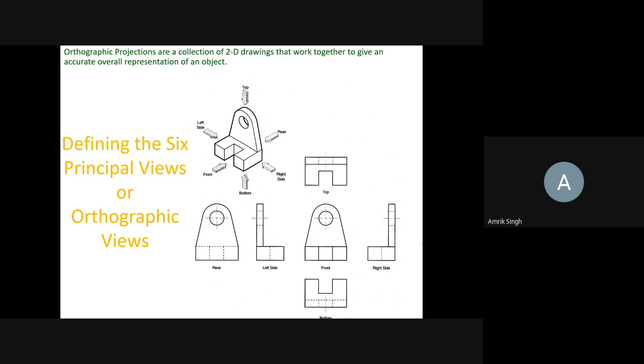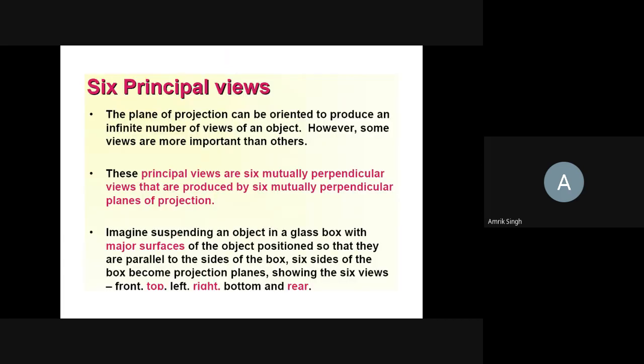It is not that we will draw the top view here or somewhere here. Exactly we have to draw because these are the orthographic drawings. So the projectors should be perpendicular to this. Okay. Then you see the bottom view is drawn in the bottom. Right hand side view is drawn on the right hand side. Left hand view is drawn on the left hand side. And the rear view is drawn on the left side of this. So this is how we define the principal views or the orthographic views. Okay. So there are 6 principal views.